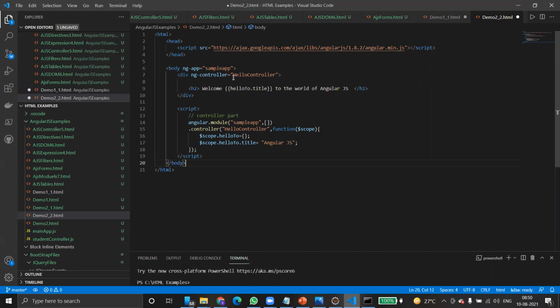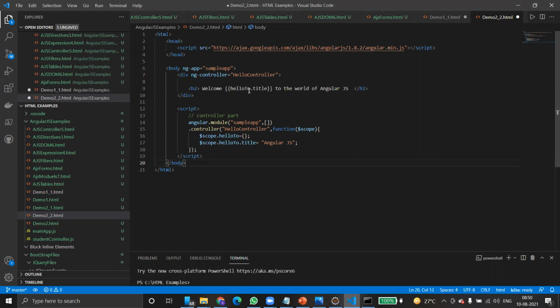Yes, it is there. Does it have any controller? Yes, we have a controller. This is the controller part. Simply execute this controller. That's all. So hello controller is there. Please execute this controller. Whenever it calls this function, it comes here and checks hello2.title as a variable. It has some string value, AngularJS. Okay, we are using this. Then please, the data you are assigning here should come in an H2.